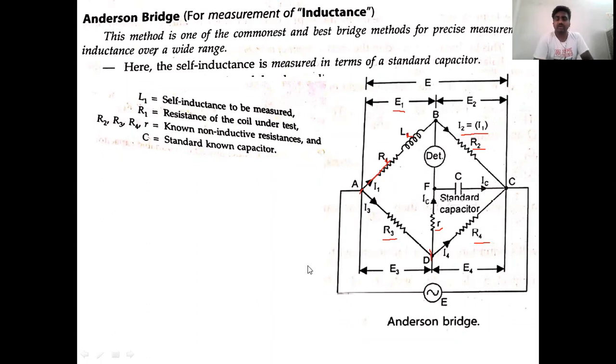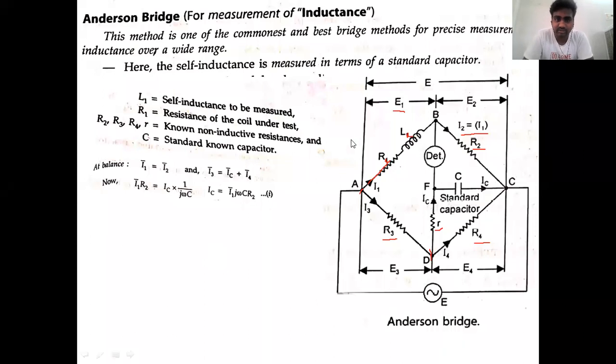So this is about the construction. The main objective of Anderson's bridge is to measure inductance with the help of a standard capacitor. So if we go to the bridge balance expression,